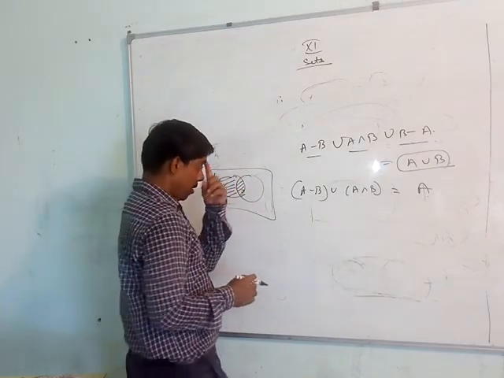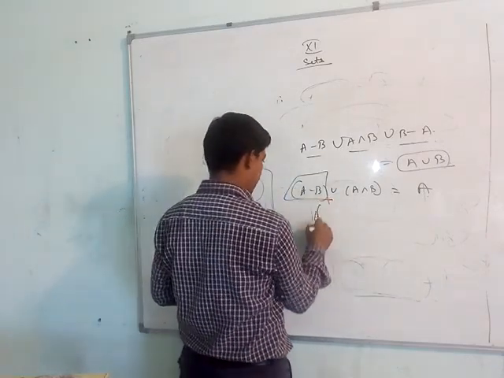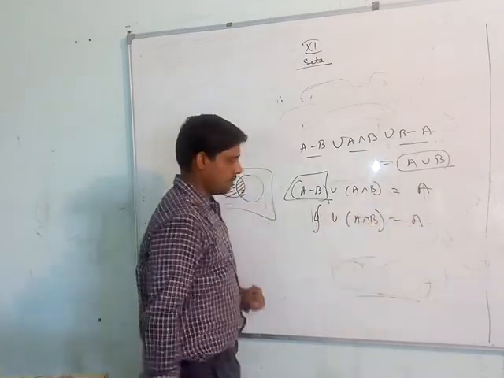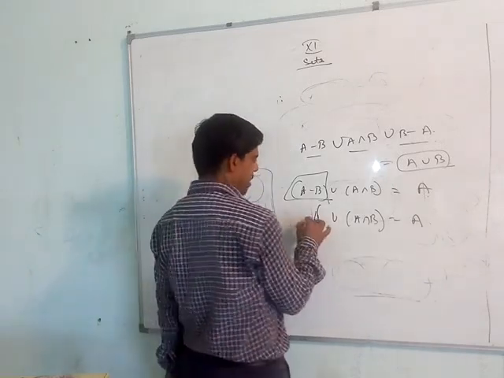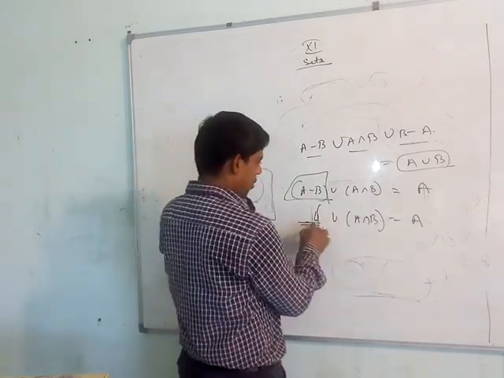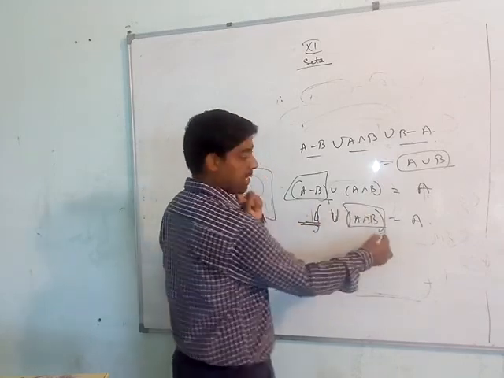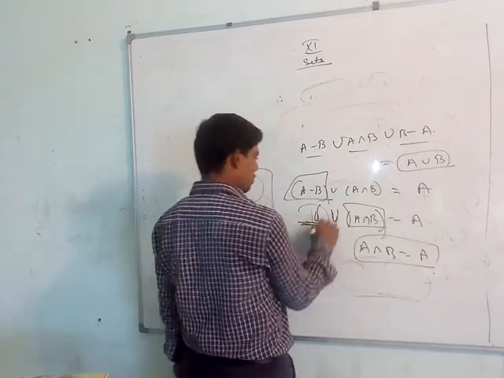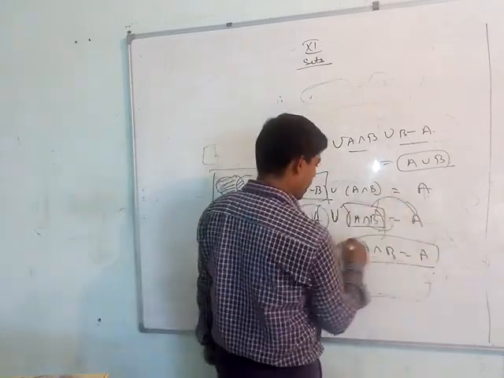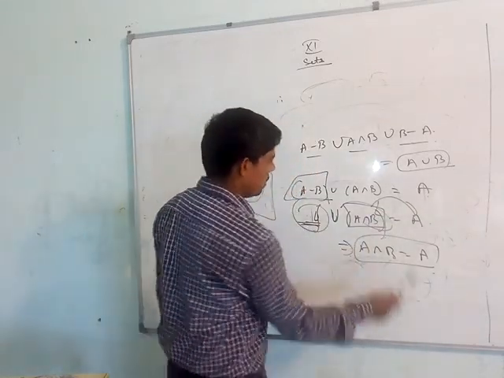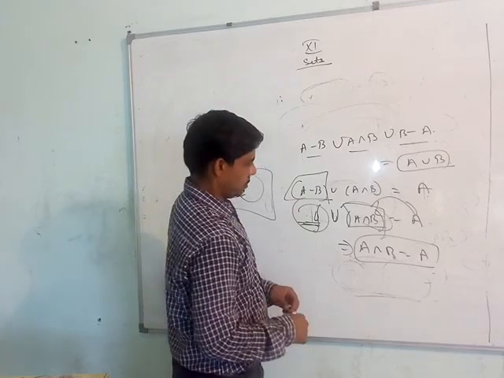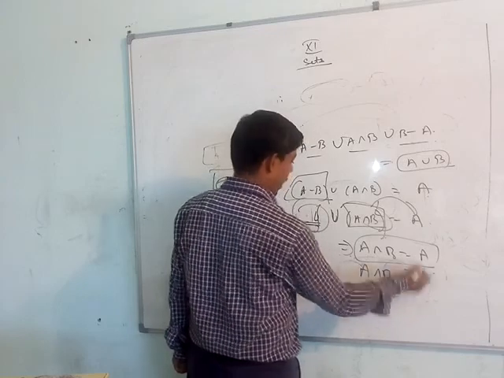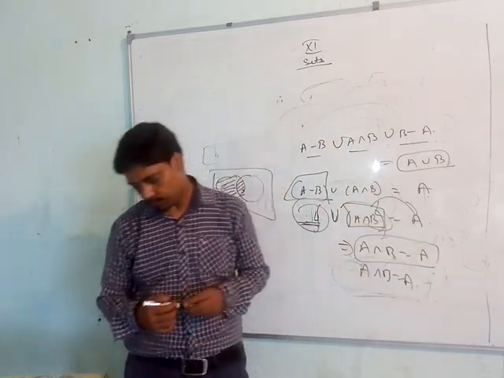This is true. Now if this is given to be 5 union a intersection b is equal to a, so that means we are already getting what? 5 union, something which is not there, उसका union a intersection b के साथ, तो वो तो same हो जाएगा ना. a intersection b must be a, because there is no element in this, so union के सारे element a में होंगे, then only this is possible. So again we have proved it to be the same statement, right? So we have proved that all the statements are basically nothing but a intersection b is equal to a. So this one you can note down.